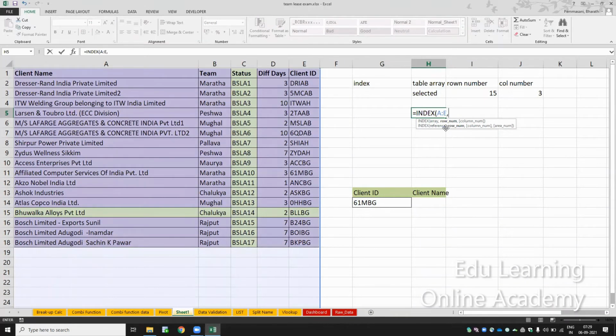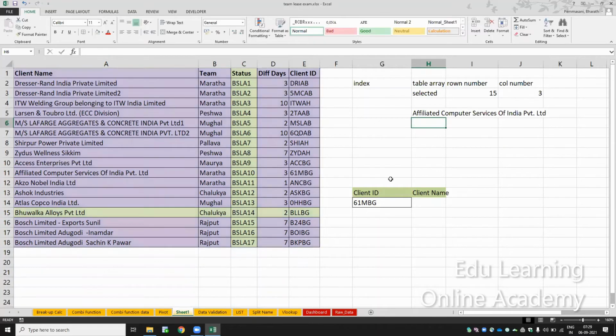It is asking for the row number. Which row is 61 MBG in? It is in the 11th row. Comma, which column value do you want? I want the first column value. It is telling us affiliated computers.